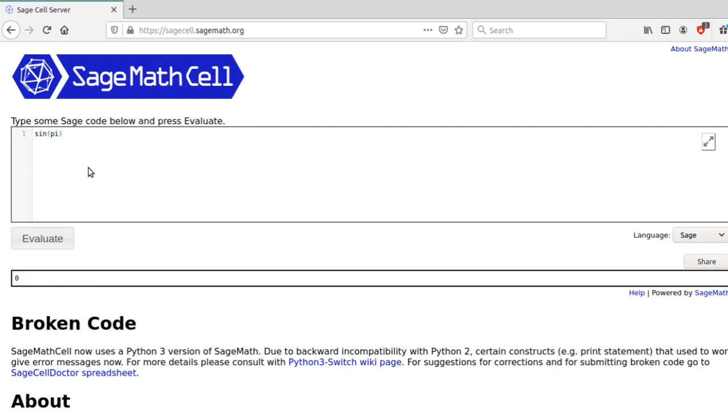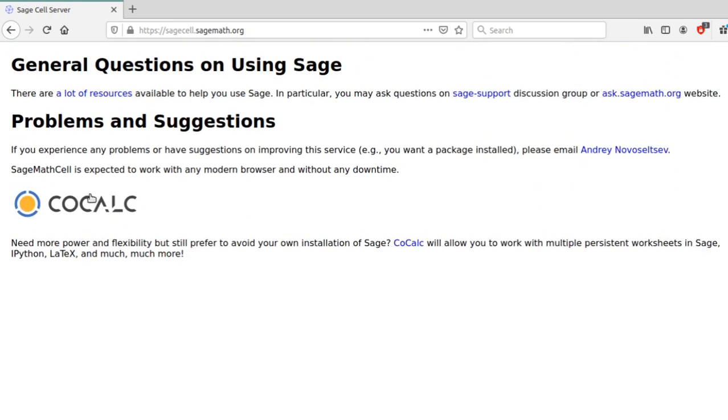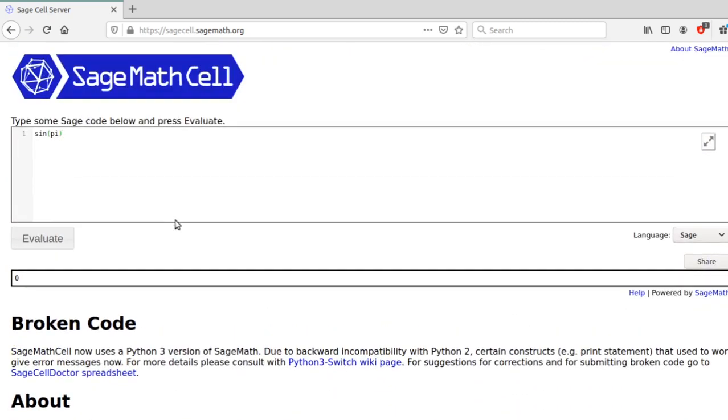So the SageMath cell is probably the simplest option to try online, but the disadvantage is that there is only one cell available in this SageMath cell server, and therefore if you want to perform additional computations, there is no input cell below this. You can see this here. So for that you may have to go to CoCalc and either create an account or try it without creating an account, and you can save also in CoCalc, but here there is no save option available. Whatever you are typing will be lost once you close this window. So this should be tried only if you don't have any other option.